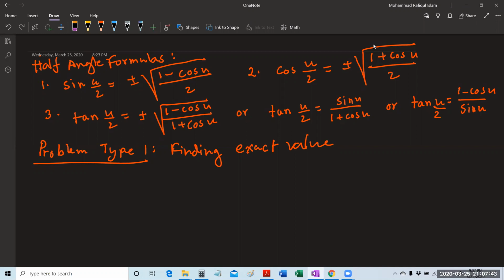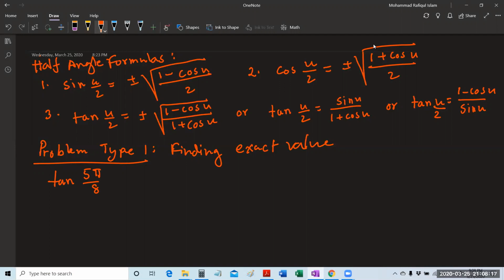Before we start solving problems, we need to talk about the formulas here. The symbol plus minus does not mean that there are exactly two values each time. It means that we must choose the appropriate sign for the problem given. So if we start with the type 1 problem, finding the exact value, for example, if we want to find the exact value of tan 5 pi over 8,